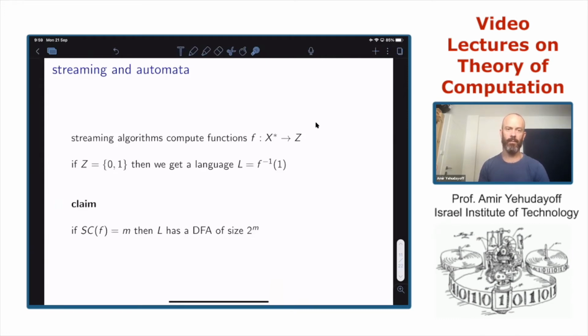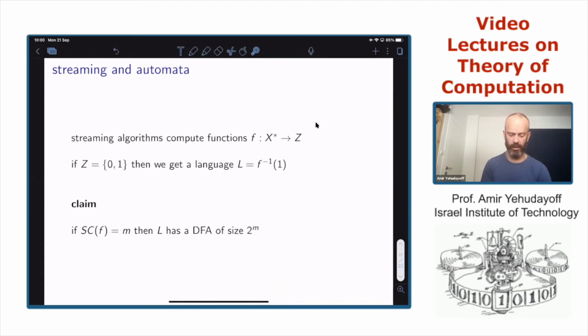And the claim or an observation, which I will leave you as an exercise to verify, is that if the streaming complexity of some Boolean function f is m, so there is a streaming algorithm with memory size m, then the language that corresponds to f can be computed by a finite automaton of size 2 to the m. So the size of a finite automaton is exponential in the memory size of the streaming algorithm.